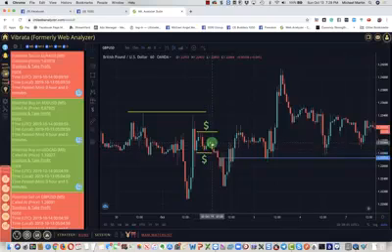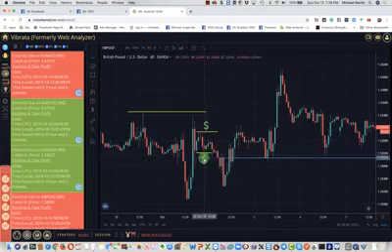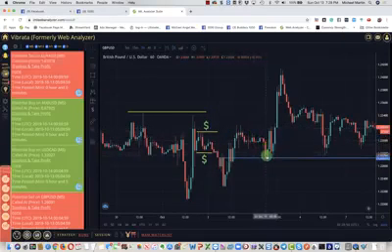And then what's it do, right? It busts down, takes out these lows, busts up, takes out these highs. And then what's it do? It comes right back